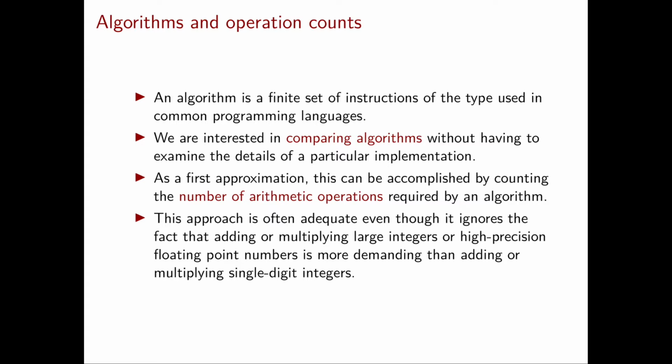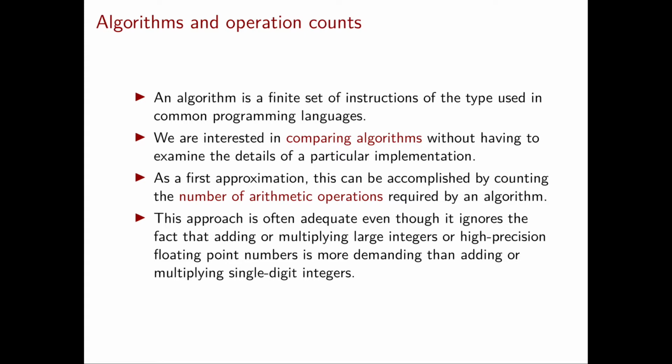In particular, every arithmetic operation is independent of the number of digits of the numbers that take part in it. For example, if we sum 2 plus 2, this is one arithmetic operation because it is just one addition. If we sum a million plus a million, it still is one arithmetic operation. This implies that the number of arithmetic operations that we count is not necessarily realistic.